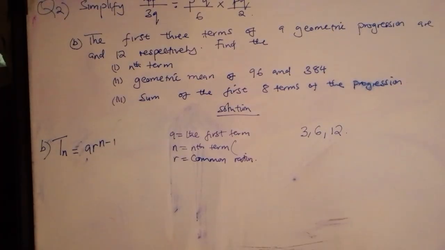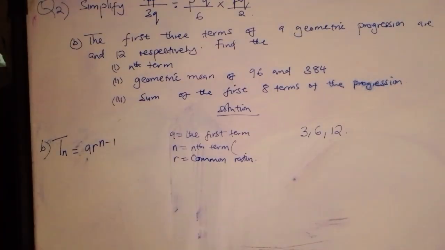Geometric progression is a series of numbers which increase by a common ratio. What do you mean when you say common ratio? Meaning you have to multiply by a certain number so that the numbers keep on increasing in a